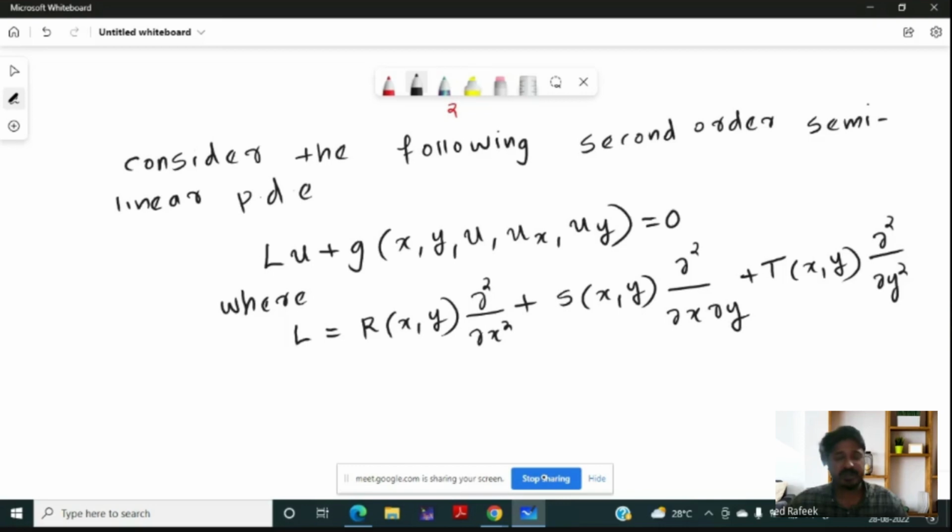This is the L operator, and moreover here R² + S² + T² should be not equal to 0,